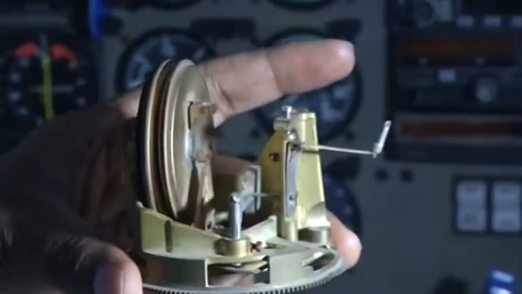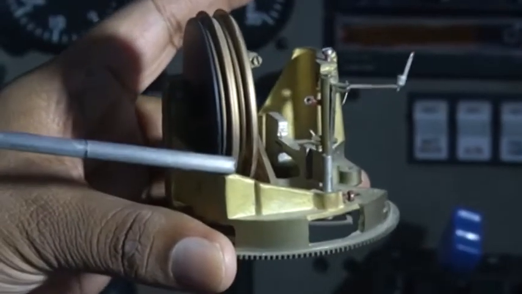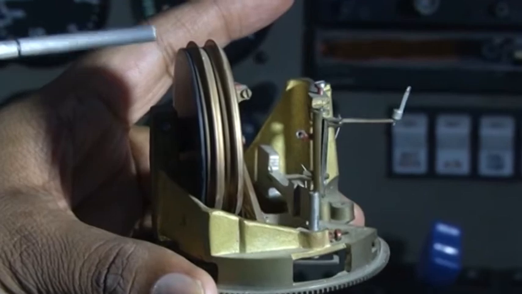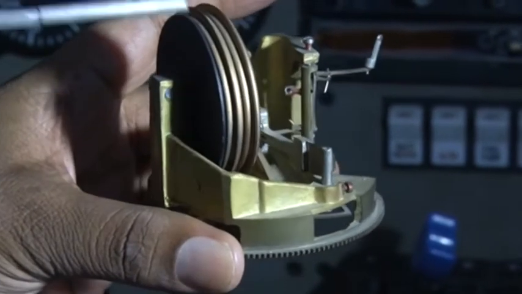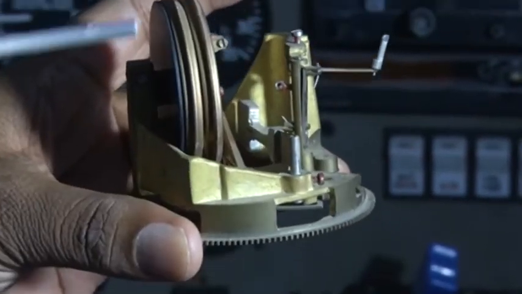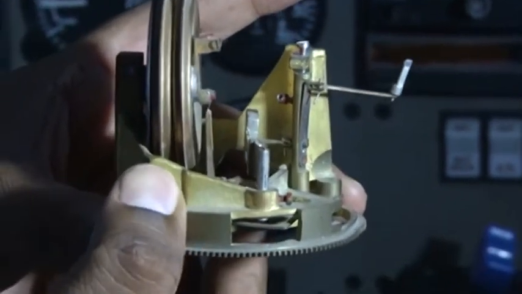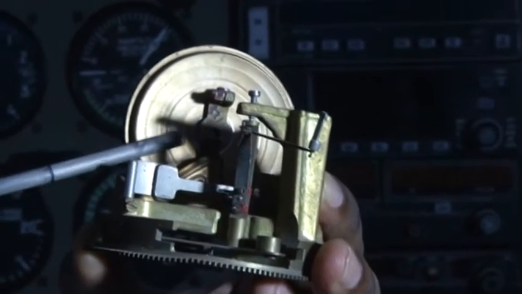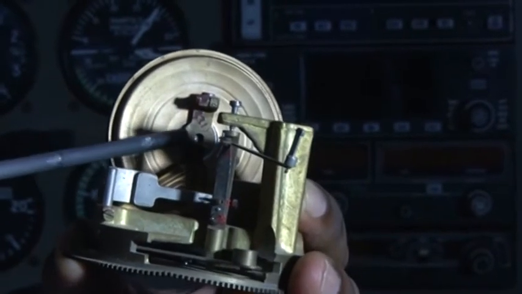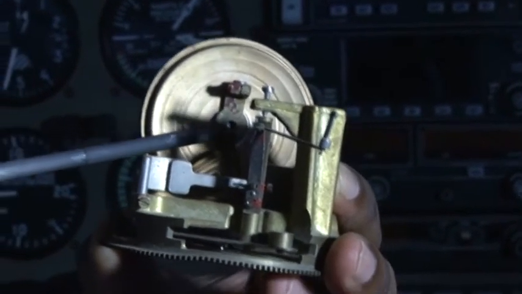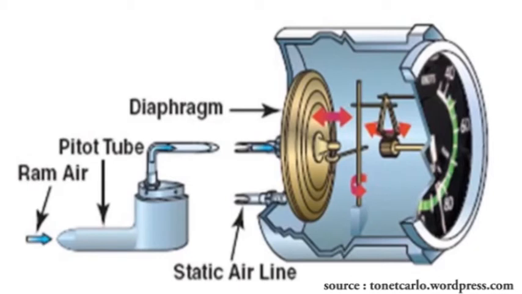This is an instrument inside. This is a specially treated metallic corrugated diaphragm made of nickel silver or phosphor bronze, which is fitted inside the case on a frame. You can see that it is fitted on a frame. This diaphragm is connected to the pitot pressure. The pitot pressure enters the diaphragm from this hole. You can see in the diagram the pitot pressure enters the pitot tube. Through the tubing, it enters the diaphragm through the center hole. So inside the diaphragm is the pitot pressure.